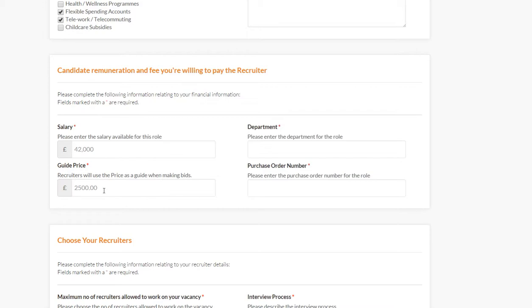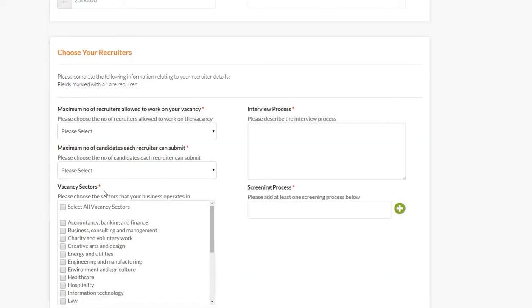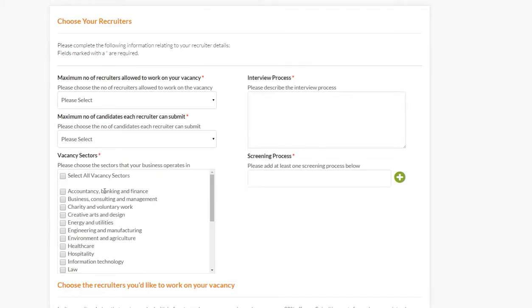There's no other hidden costs. So it's made a suggestion here. That's saying that you're going to get some fairly good recruiters working on it, but you can put whatever you want in. Now scrolling down to choose your recruiter, Coignition's default position is it's going to send your vacancy out